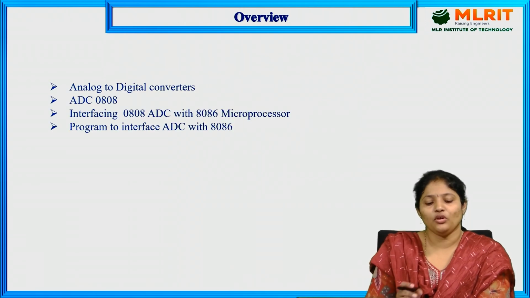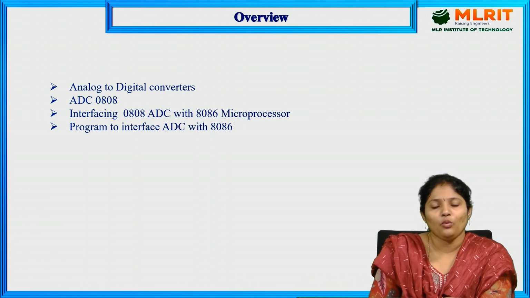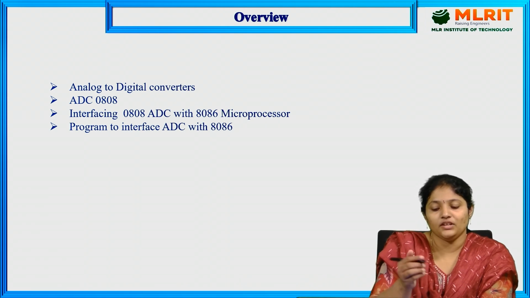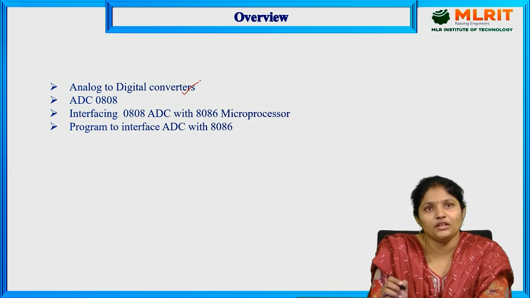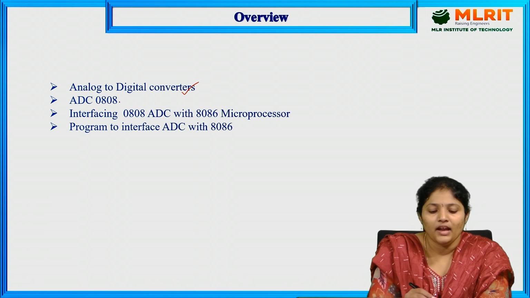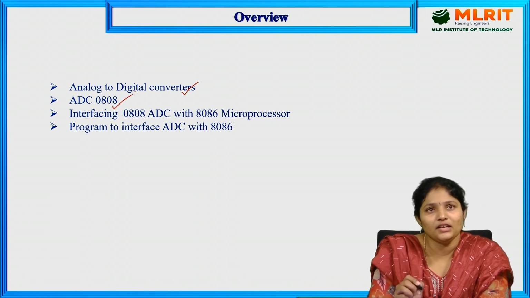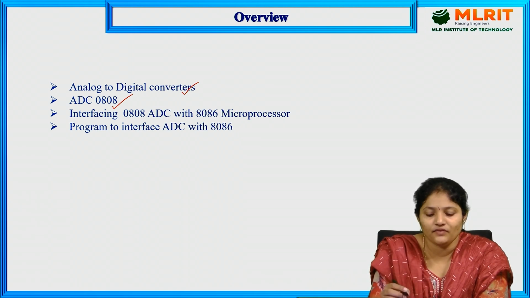So coming to the overview of today's topic: what are analog to digital converters, why we are using these converters for microprocessors, what is the ADC analog to digital converter 0808, what is the pin configuration and the block diagram of ADC 0808, and how to interface this ADC with